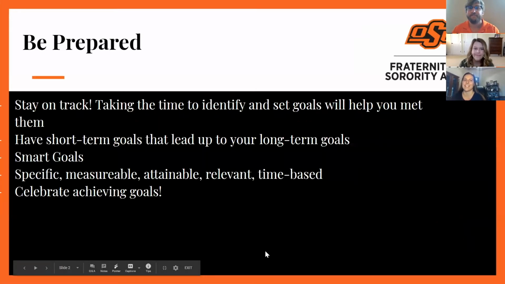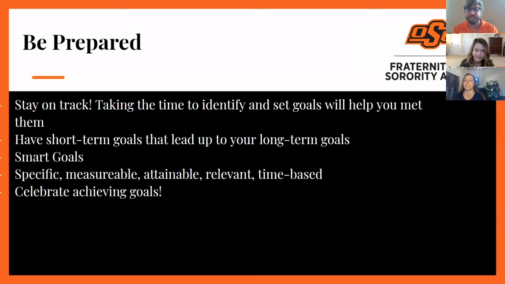Hi, like Casey said, my name is Alex, and I serve on the Panhellenic recruitment team. I'll be talking about being prepared. During these changing times, it is important to think about the future and be prepared for recruitment, as well as the development of your chapter. Goal setting is an important step in preparation for anything. By setting goals, it gives you something to strive for. In a team setting, it assures that everyone has the same values or big picture idea for your organization.